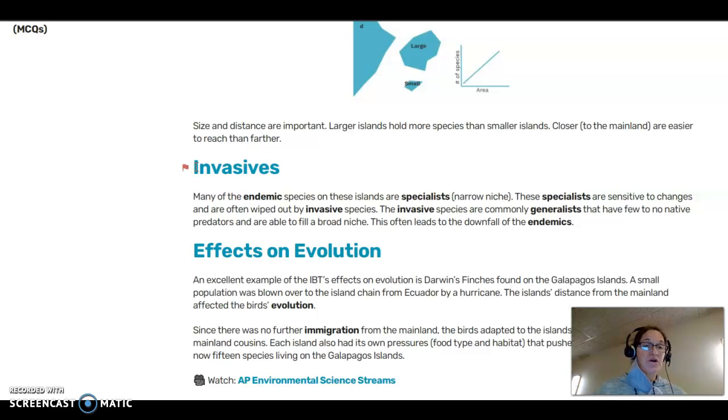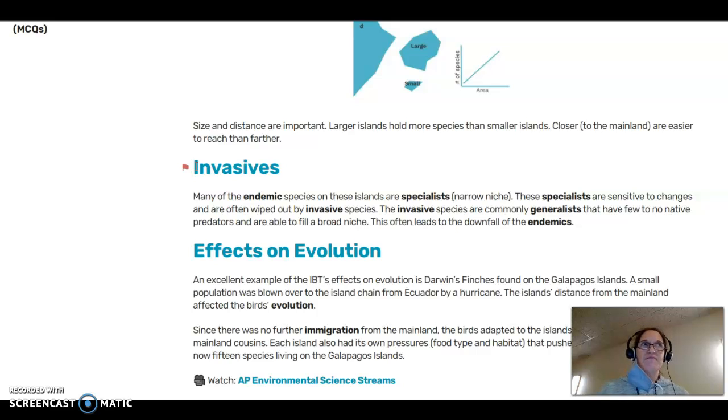Obviously, our producers are the first thing that's going to have to inhabit the island, and then it's going to allow for food resources for our heterotrophic organisms, or our consumers, to move in. But as that's happening, more and more organisms will be moving in. And those organisms that are endemic, meaning these are the organisms that originally were able to be successful on the